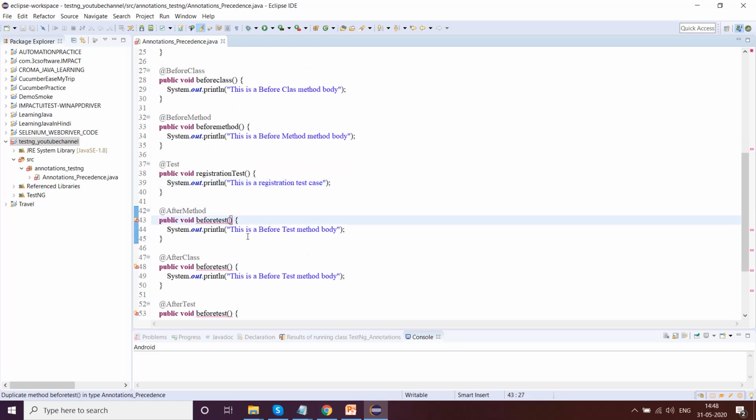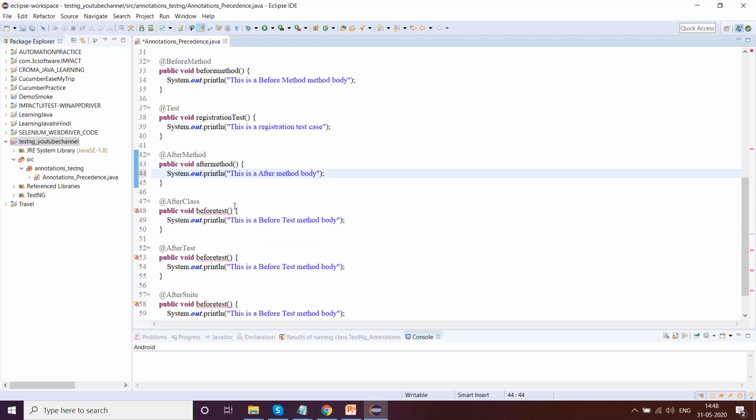Then here I'll make it after method. Okay, I'll change this to after class. Doesn't matter, I'll rename it after class. This is an after test.